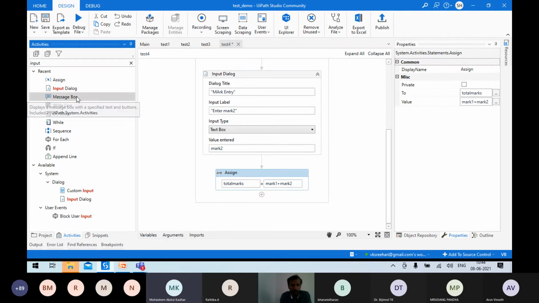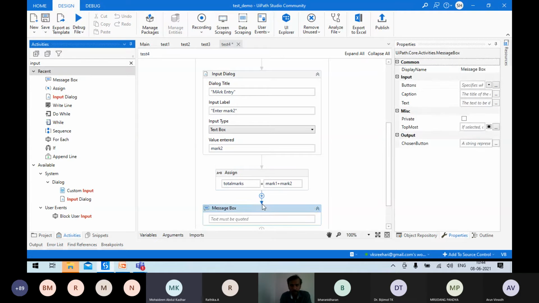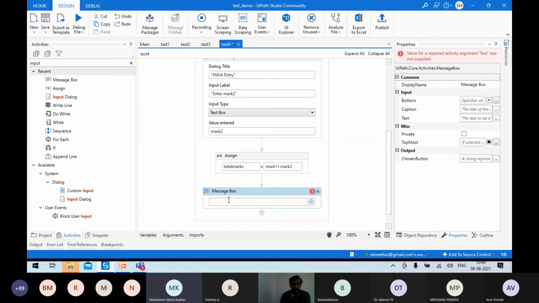In order to display it, we'll take a message box and we'll display total marks is. Where is the total marks available? It is available in the variable total marks. So you have to press plus, and the variable name total marks will be displayed here.